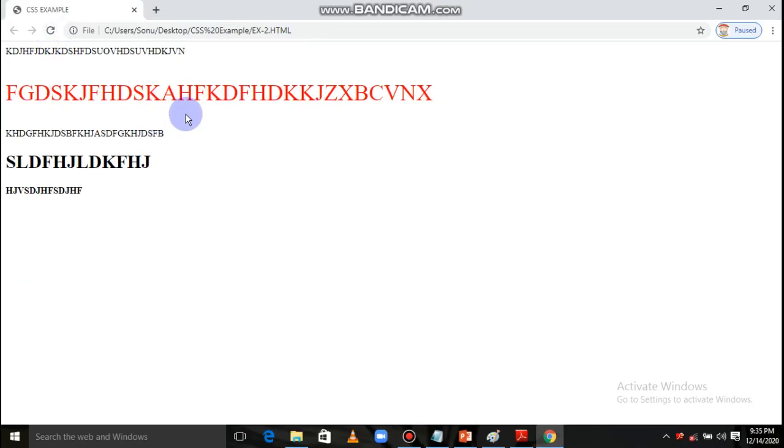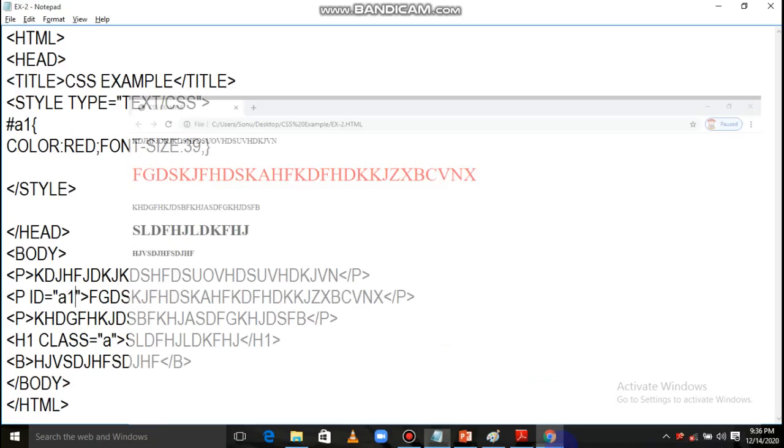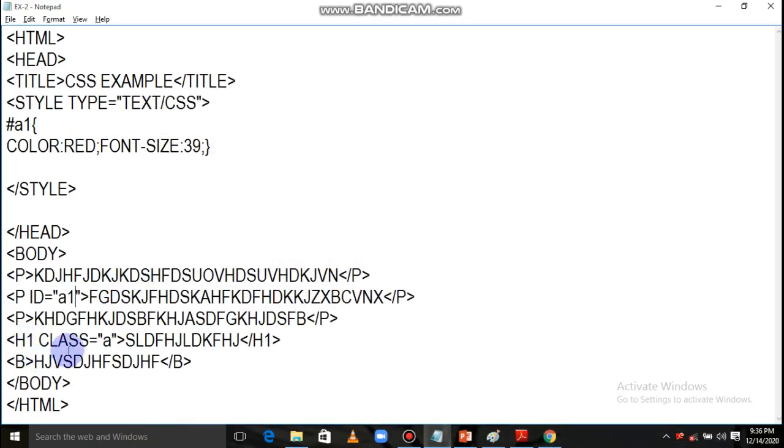Now see, the ID and class selectors are almost the same. For a class you need to put a dot as a prefix, and for an ID selector a hash. Wherever you need it inside your body tag, at whatever tag you want to apply it, just call it. For a class selector you write class is equal to that CSS name, and for an ID, id is equal to that selector or CSS name.